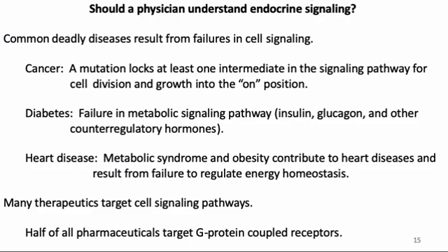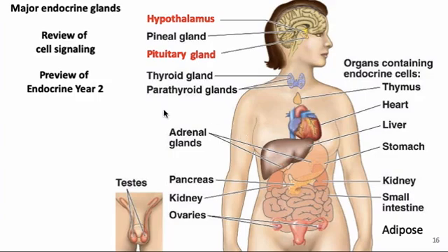Therefore, as you work through this PowerPoint and do the activity in Cougar, I hope you're thinking, not only is this important for the upcoming test, but this is going to be important in neuromuscular when we look at synaptic signaling. It'll be important next semester when we look at insulin and glucagon diabetes. It'll be important next year when we look at the hypothalamic pituitary pathways, which regulate the thyroid, the adrenal gland,